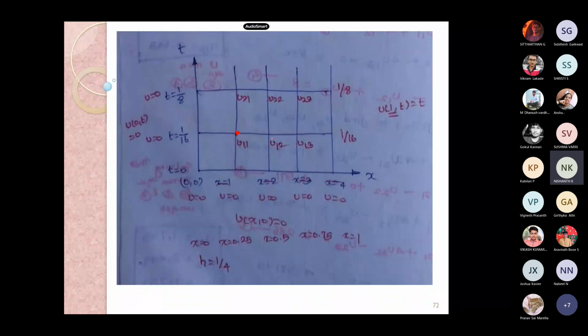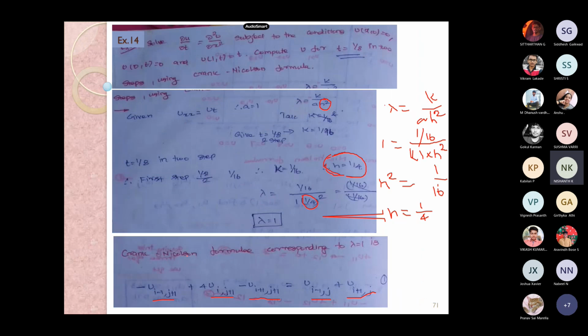Okay. In the same way, you tell me for this U12, Nisha. Can you show that Crank-Nicolson formula for lambda is equal to 1, sir? No, I already detailed it. The left point plus 4 into middle point and right point minus right point is equal to the jth series left and right point. Yes, now.